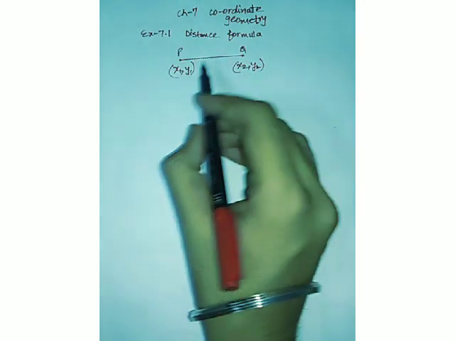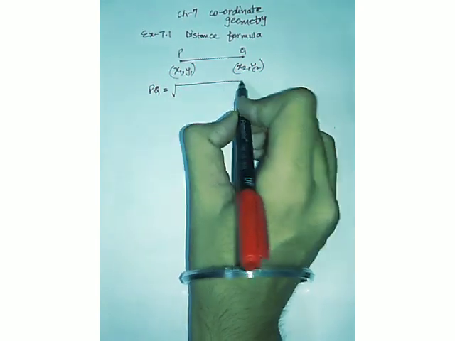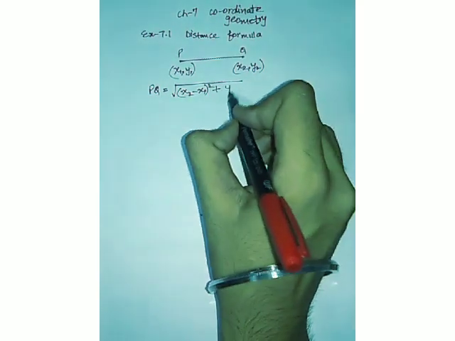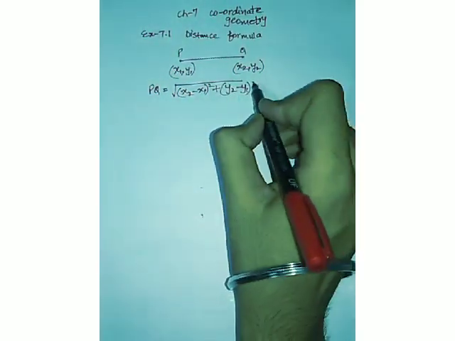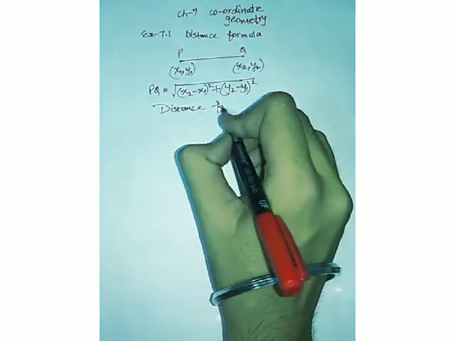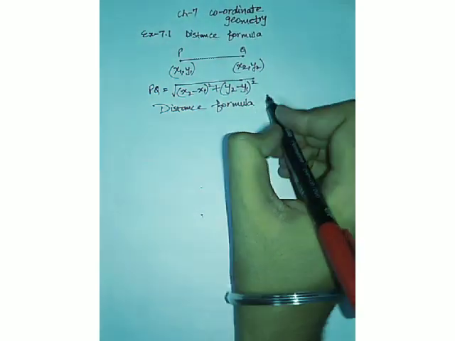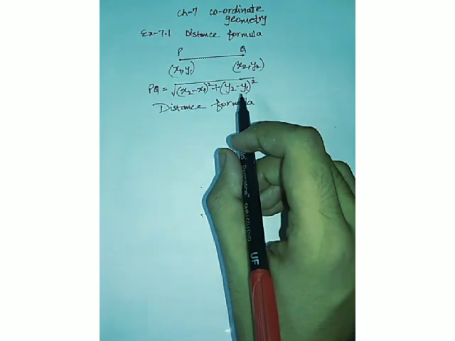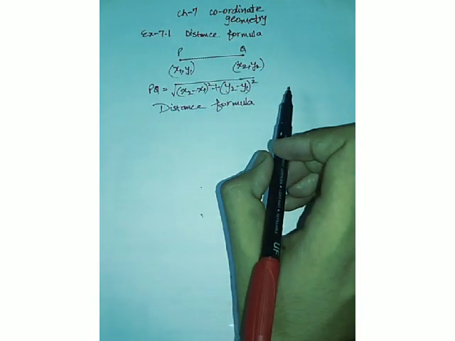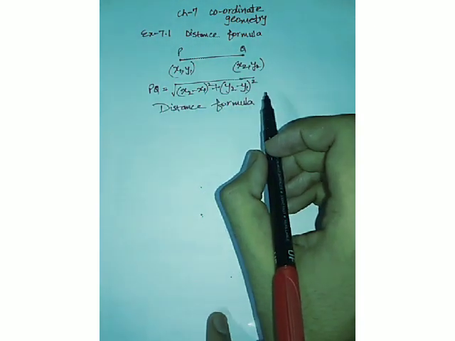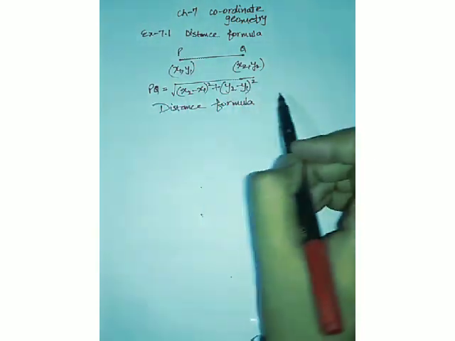So we will be using a formula, and the distance can be represented as PQ. The formula will be under root x2 minus x1 whole square plus y2 minus y1 whole square. This formula is known as the distance formula. You have to learn this formula in order to apply it on some of the examples, or otherwise you will not be able to solve any of the sums. All right, you don't need to prove this formula, you only have to apply it to some examples. So firstly we'll do example number 1, and you will get to know the application of this formula.